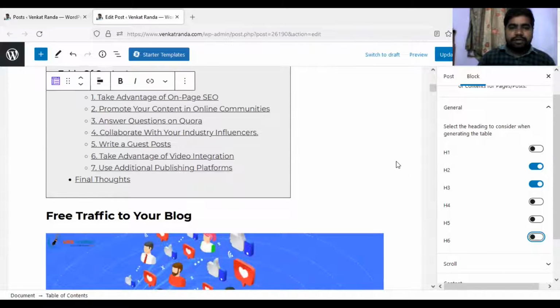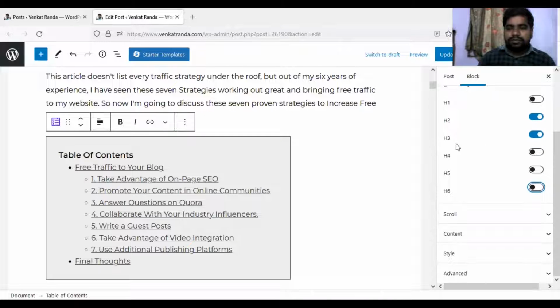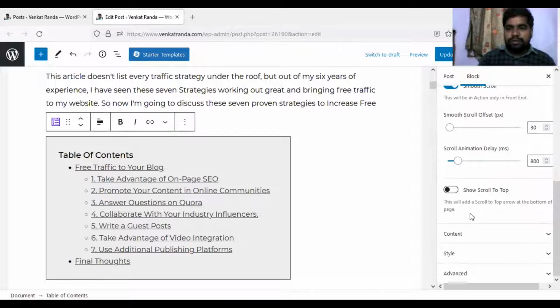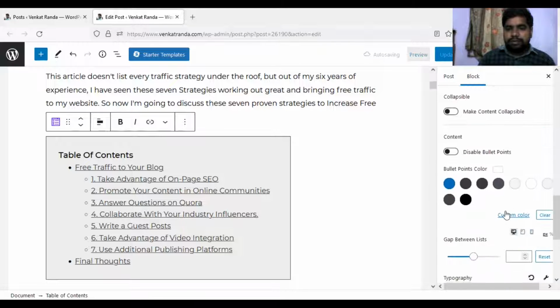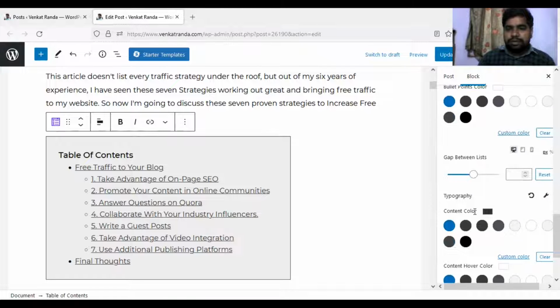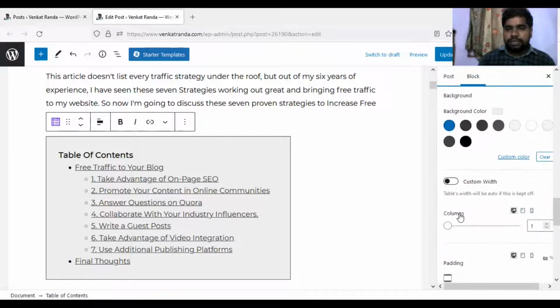Next, you can also customize what color you want. For that you can select the content here: bottom space, shading color, bullet point colors, content color. You can select the style also.